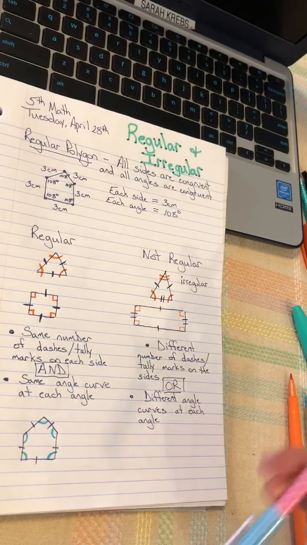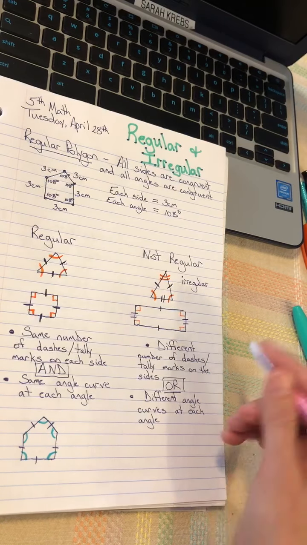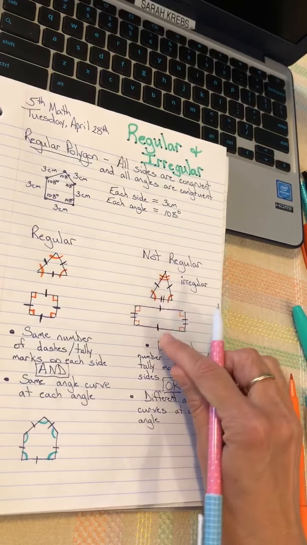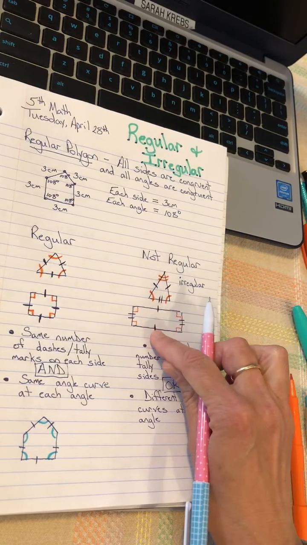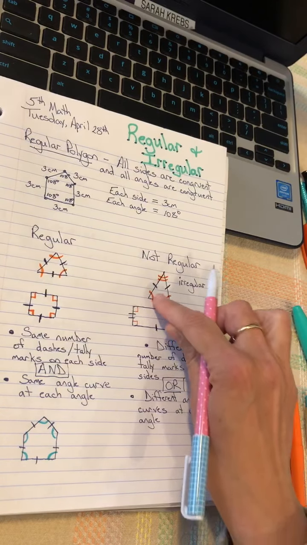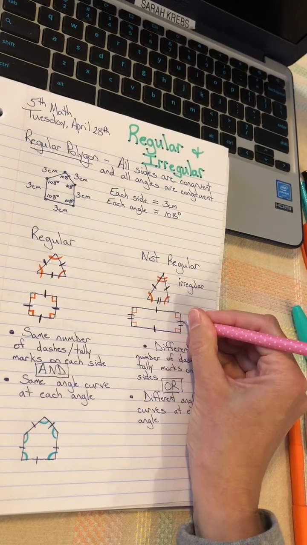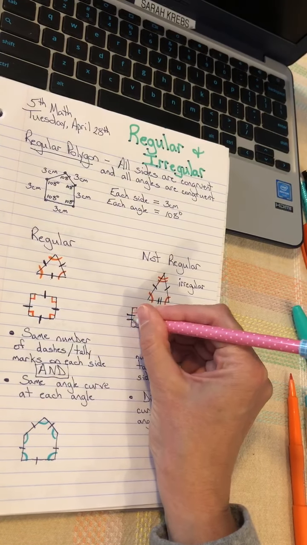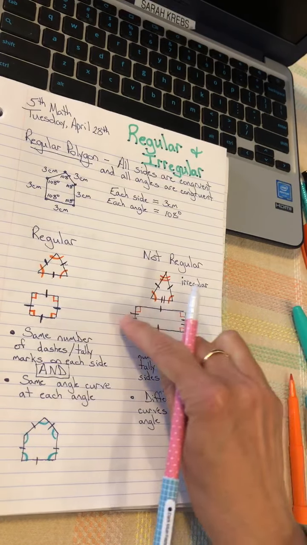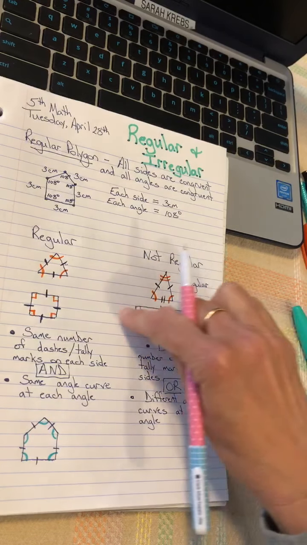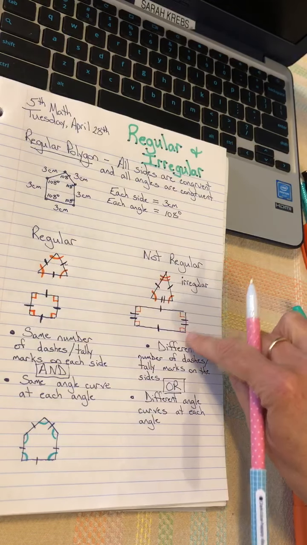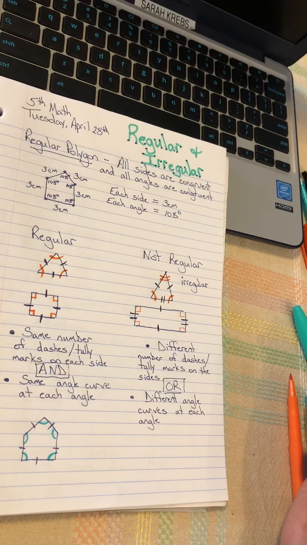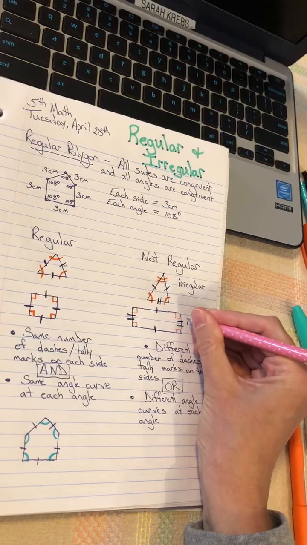All right, now let's look down at our rectangle. Once again, we look at our dashes. This tells us that the top and bottom of the rectangle are congruent. But look at our sides. This side has 2. This side has 2. All right, so the left and right sides are congruent. But because all 4 sides are not the same, we would say